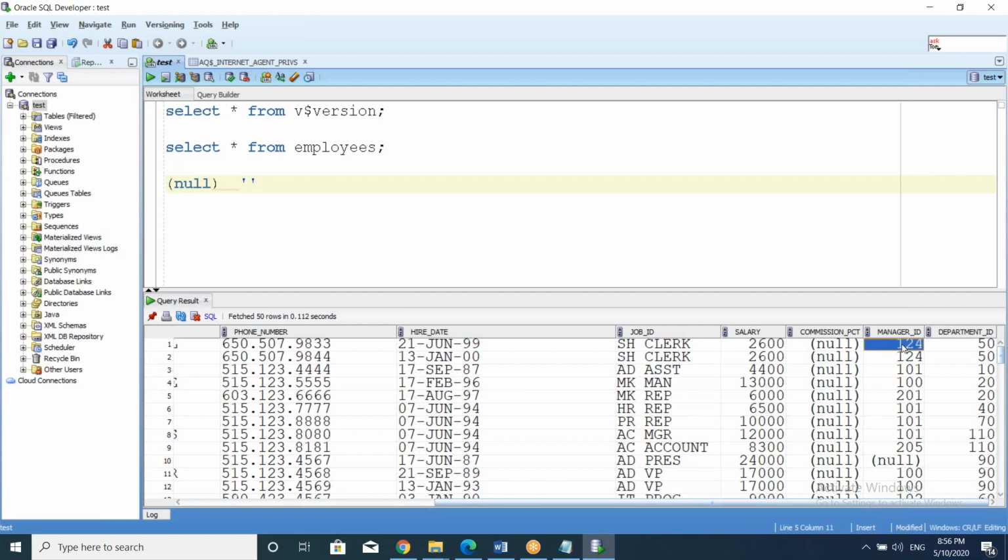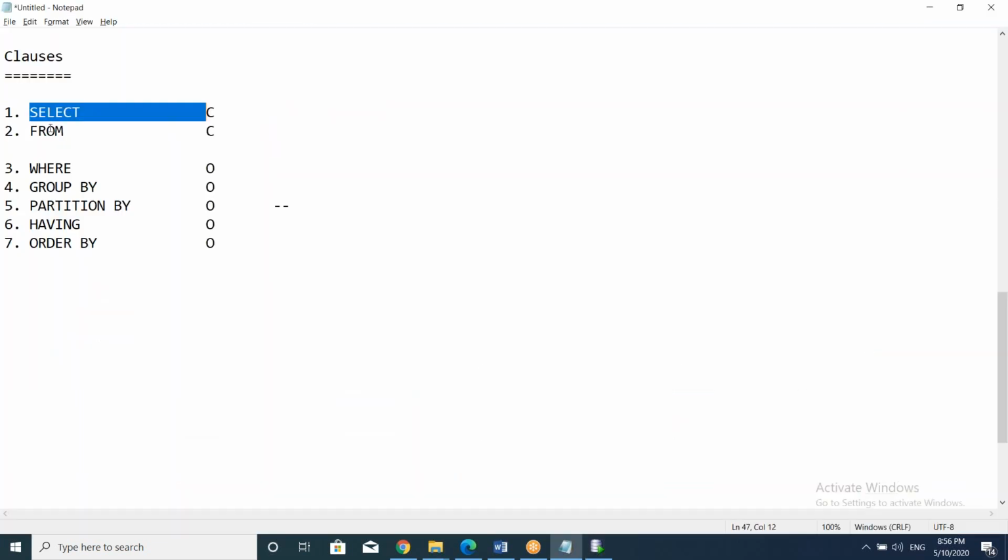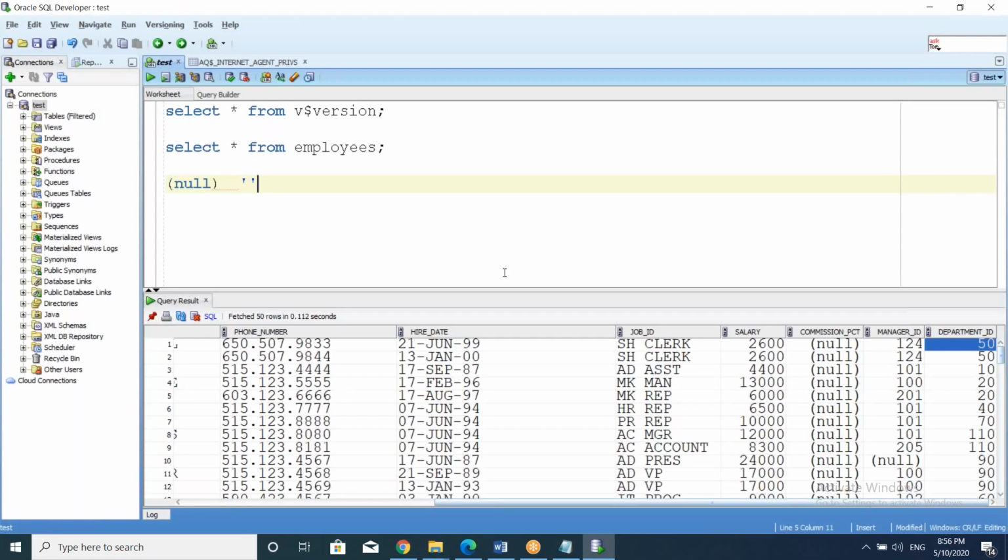Okay, now these are different columns: manager ID, department ID, all those columns are present. Now what we can do, first two clauses we will discuss: select and from. So this is one table, employees. In this table some columns are there.